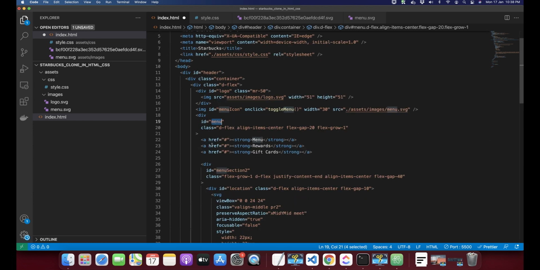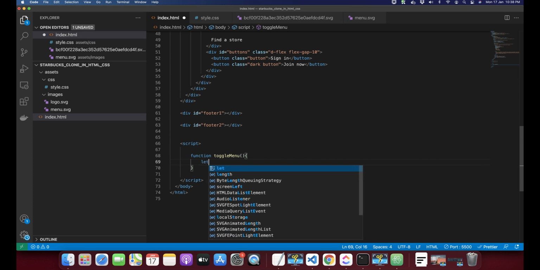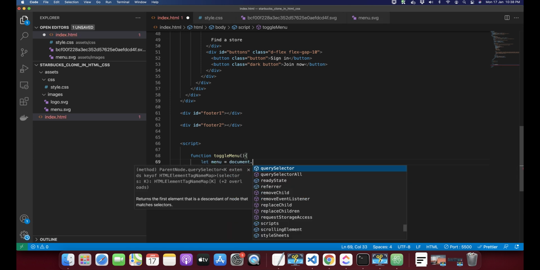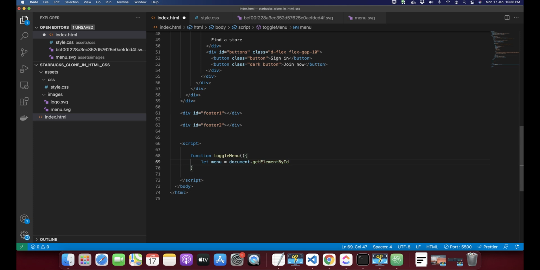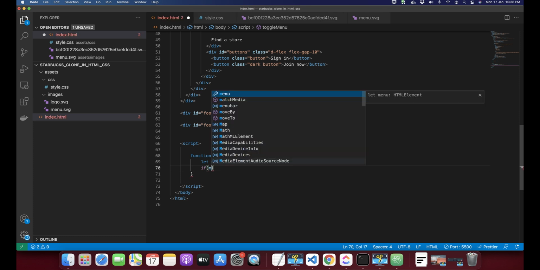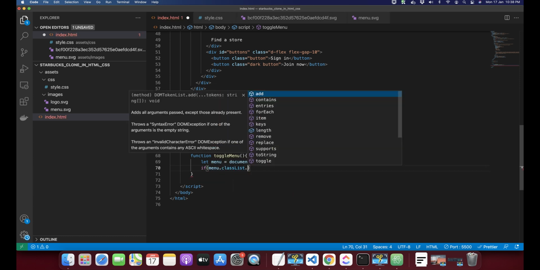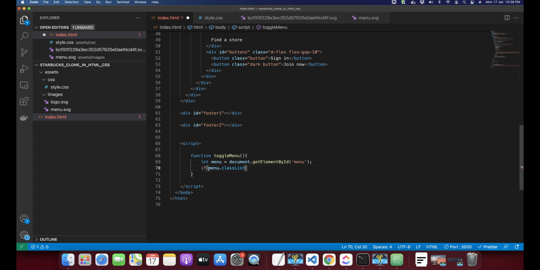We will just create this function, and now I'm going to get this menu by using document.getElementById, and I would check the class list of this menu. If menu.classList.includes, or classList would contain the array of the classes, I would say. If active